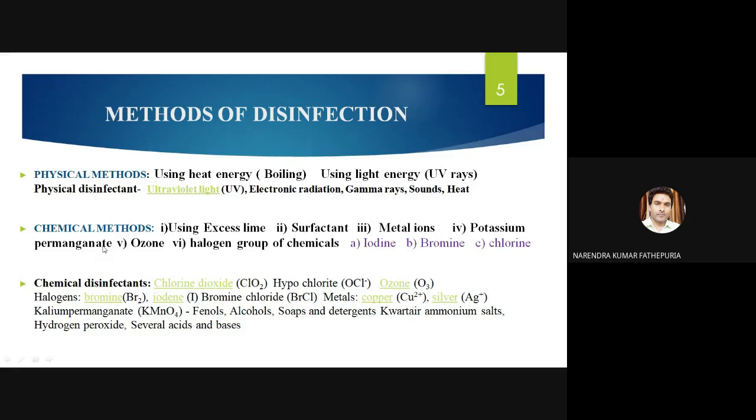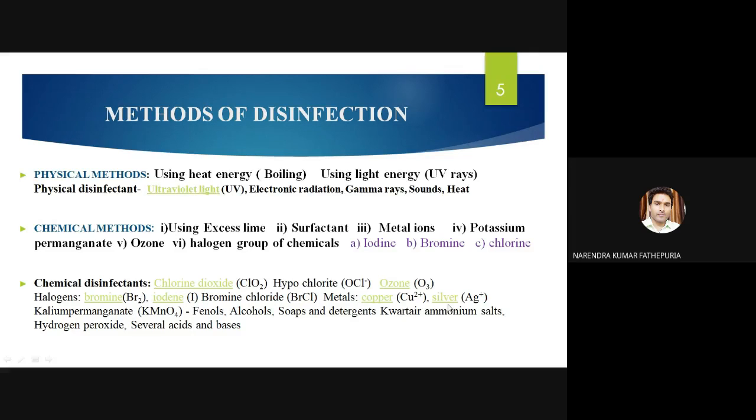And what are the chemical methods? Using excess lime, surfactants, metal ions, potassium permanganate, that is KMnO4, and ozonation, which is very effective. We'll talk about ozonation in detail, how it is so effective in water treatment. And then the halogen group of chemicals like iodine, bromine, as well as chlorine. The chemical disinfectants we are going to use: chlorine dioxide, hypochlorite OCl negative, ozone O3, halogens like bromine and iodine,